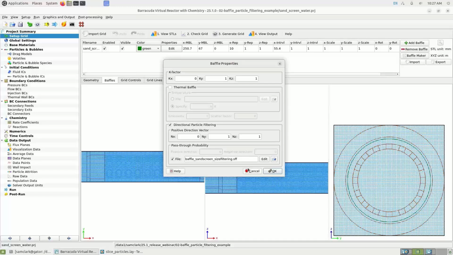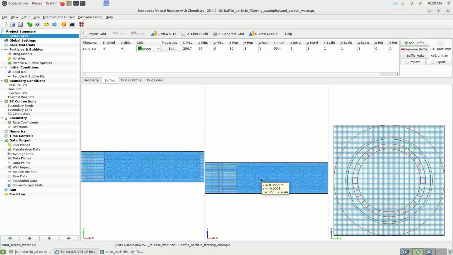All right, here is another question. Is there a way to move baffles during runtime of the simulation? So currently this is not possible to do. It's something we can certainly put in as a feature request for the development team to consider. But as of today, when you define a baffle in Barracuda, you define its position, and that position does not